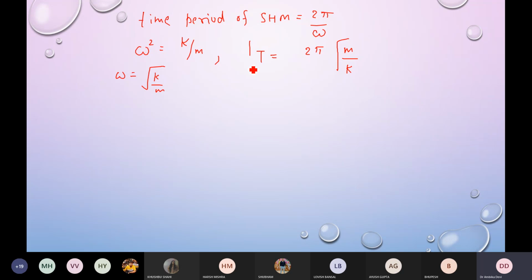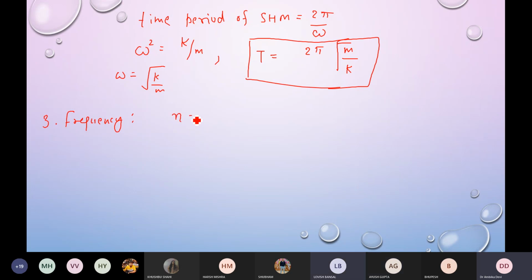Okay, so time period is equal to this for simple harmonic motion. Then similarly, the third one is frequency. So frequency is always defined as the,